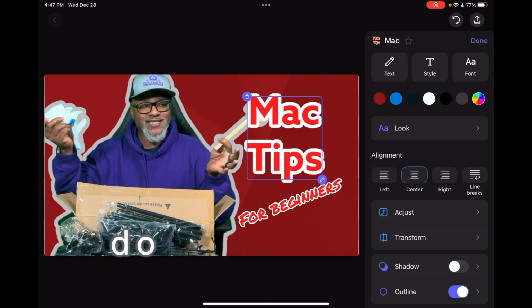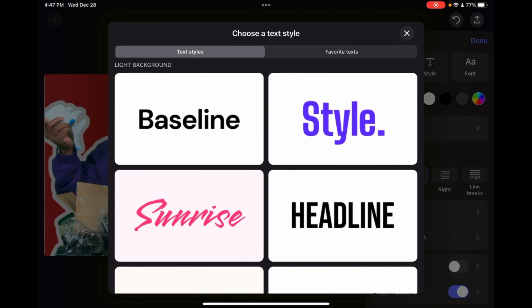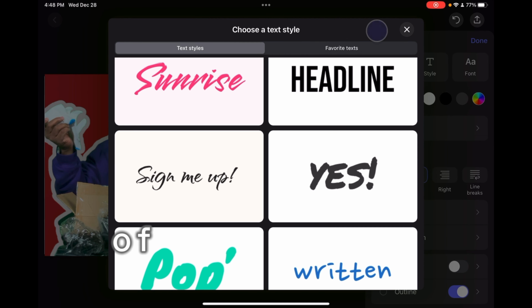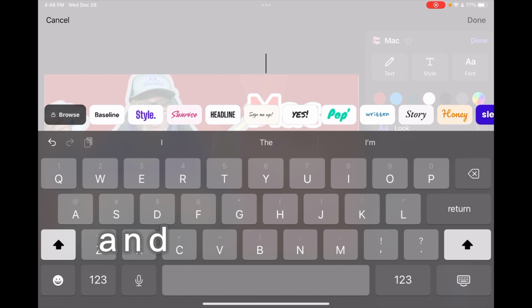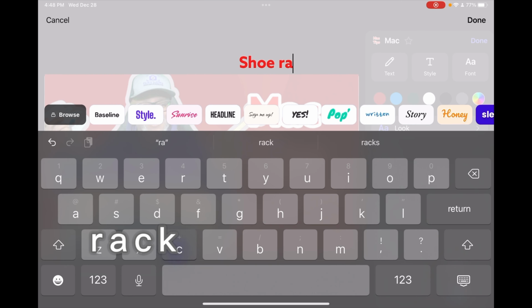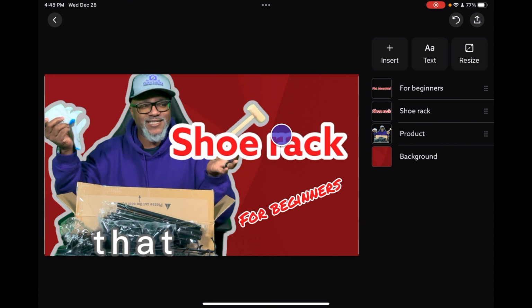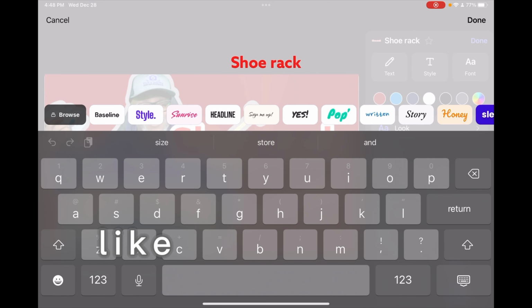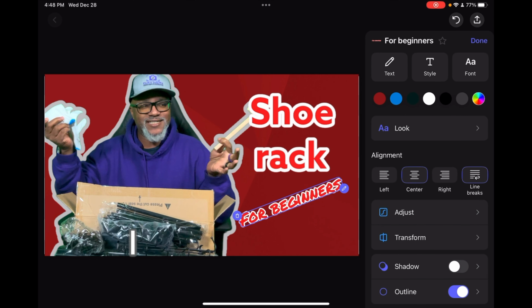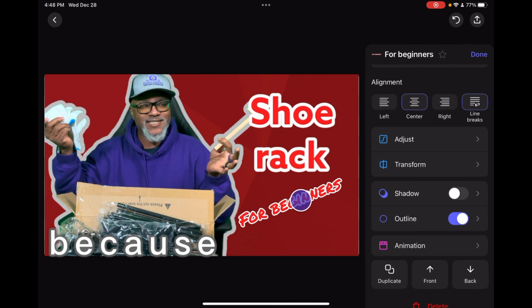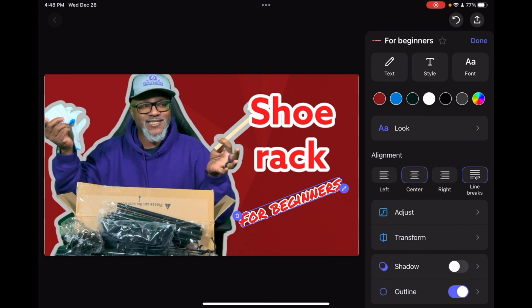And the only thing I have to do is tap on the text. There's different styles of text. I want to keep that. So I just hit text, and it's a shoe rack. Done. I can have it like that, but I think I like it when it's there. So in that part, I can get rid of. So because I have this highlighted, there's a trash can.